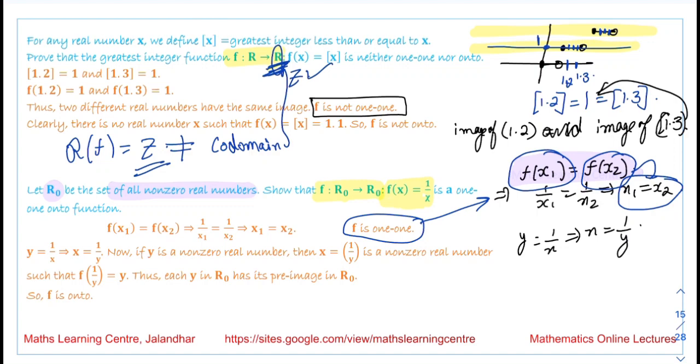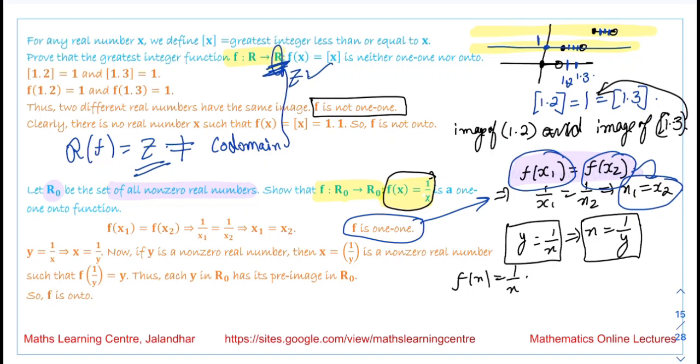Now if y is not a real number, then we are talking about the domain and range of this function. We are talking about this function f(x) is equal to 1 by x, and we are trying to calculate the range of this function. So we have equated 1 by x to y, and we have obtained that x is equal to 1 by y. So we have obtained another function, f of y is equal to 1 by y, and this function f of y is